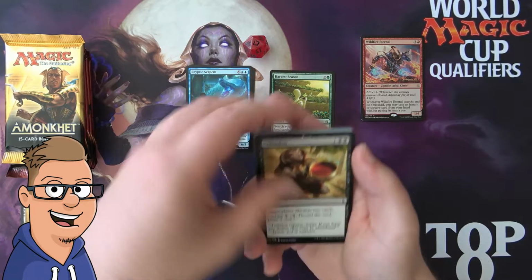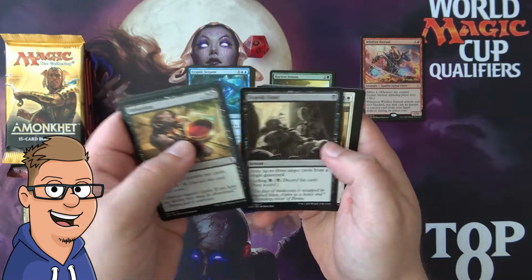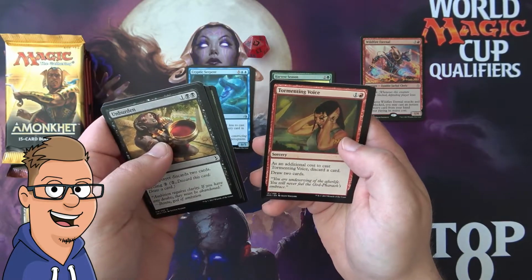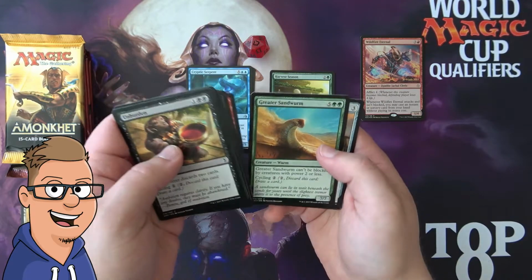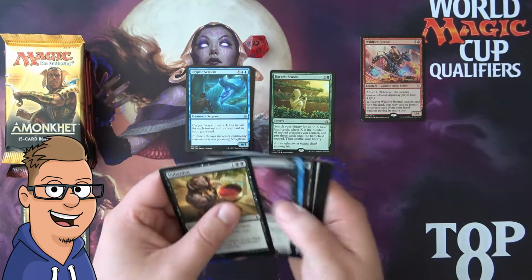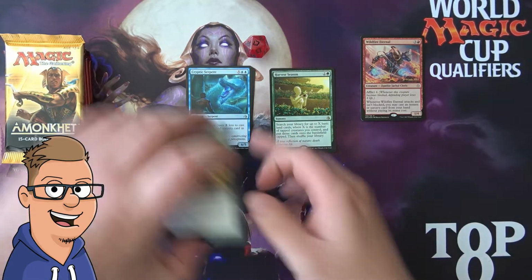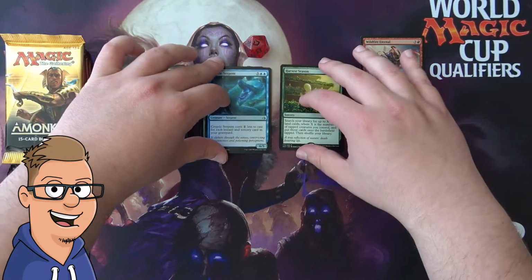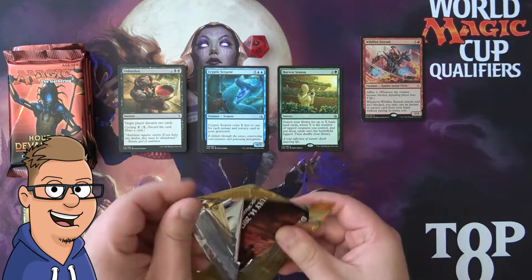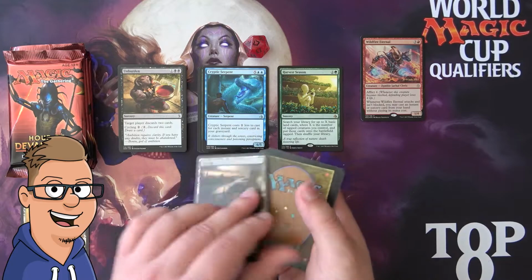So for our commons, yeah, okay, it does look, okay, actually a lot of good green cards, so maybe, yeah, we'll have to see. So we'll just put them like this for now. So there's a rare pile, an uncommon pile, and a common pile, and then when we get into the deck building,